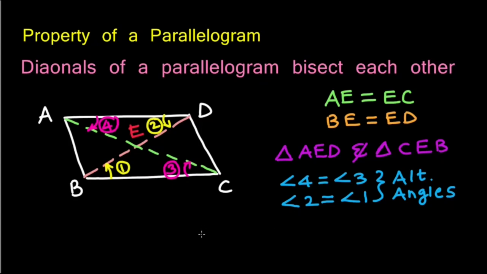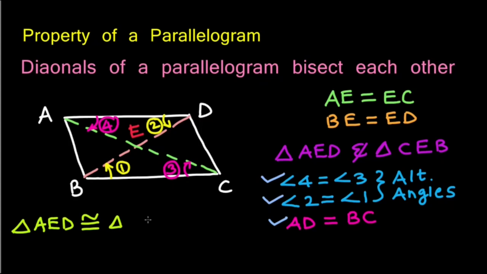So therefore, side AD equals side BC. So from these three statements, we can say that triangle AED is congruent to triangle CEB, the reason being ASA as a